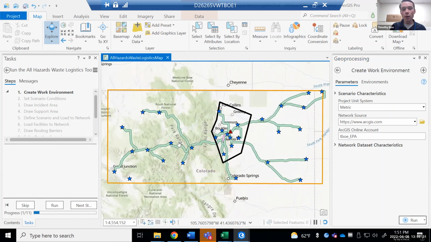And the little stars represent MSW sites that I could potentially store my waste at. The greenish lines in the map represent the most optimal way in which I would transport that waste to those locations. And then what the tool does in the background, again, using your series of tasks on the left side here,